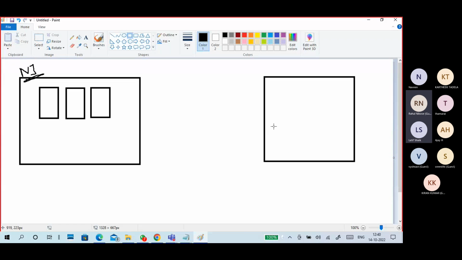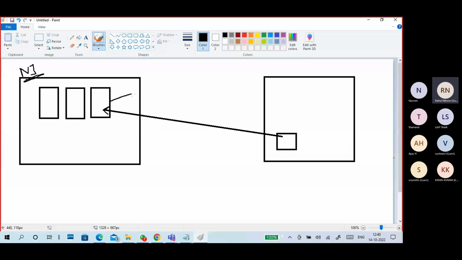Now, users want to access or connect to these servers. How can they connect? Through the internet generally.